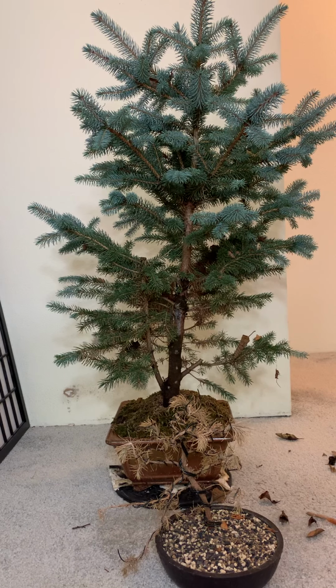Today is December the 19th, 2020 and it's almost Christmas, so I'm going to work on this Colorado Blue Spruce. It was the first Christmas tree I decorated. I got it last year, and early this year in April I repotted the tree